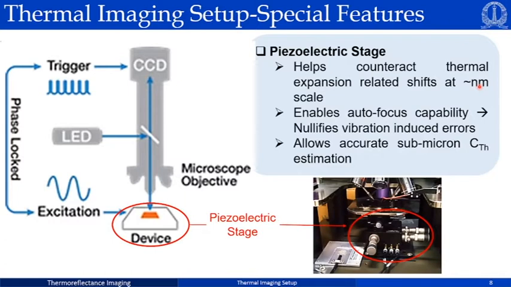So say you are applying electrical bias to the device and the device active region heats up. In response to heating up of the active region, the device might expand. So the pixel map which the system had registered when the device was not heated up, so that it can compare reflection values at each pixel, that pixel map, which was stored under room temperature or ambient non-heating condition, will not be matched with the pixel map during heating, because the device might have expanded and therefore the pixel mismatch will happen. And this pixel mismatch, the system would then take as change in reflectivity and wrongly attribute to it a delta T value,